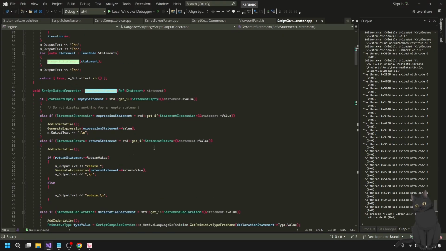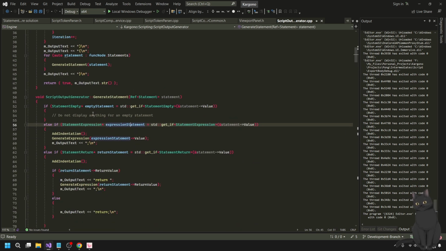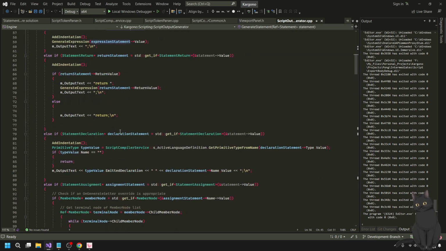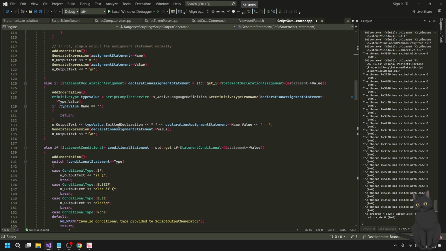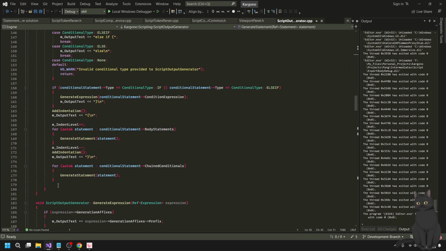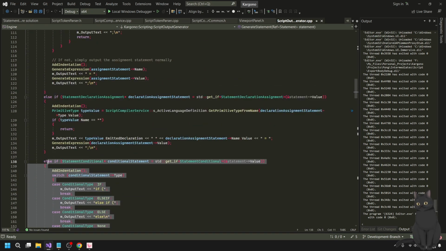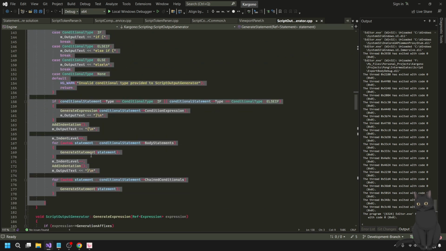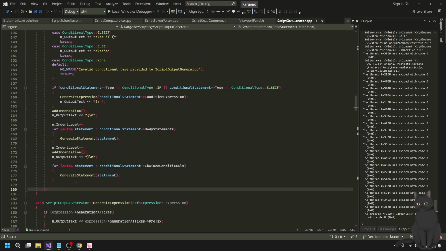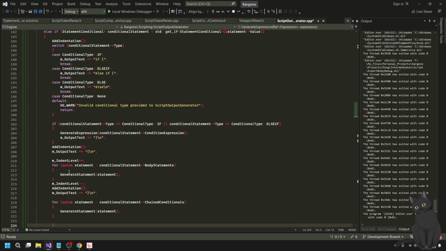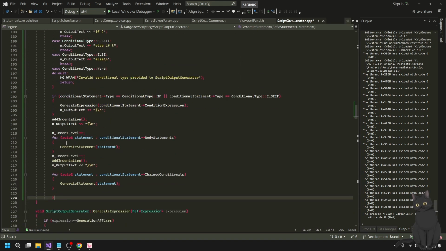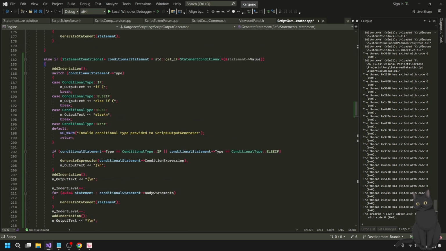So again, right now I'm working on my compiler so I can add while loops for my scripts. So let me see where I'm at. I generated the statement. Oh yeah, okay, so I need to generate the while loop statements now. So let's go down to wherever I do conditionals, because those are pretty close. Just copy and paste it, I guess. All right, and then I don't need to worry about this type thing.